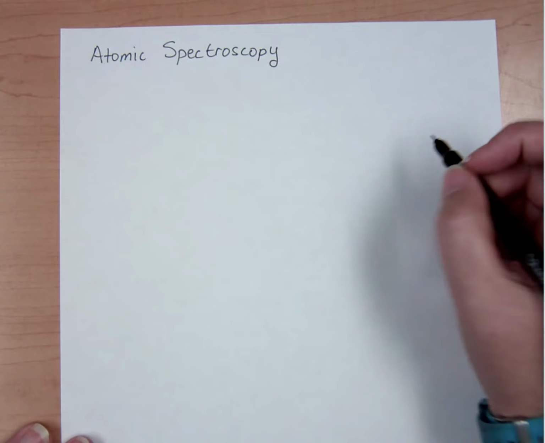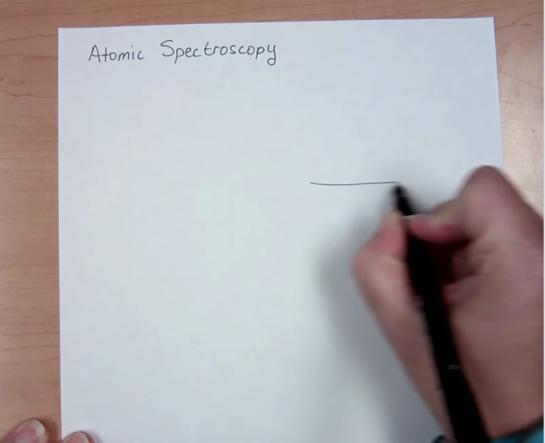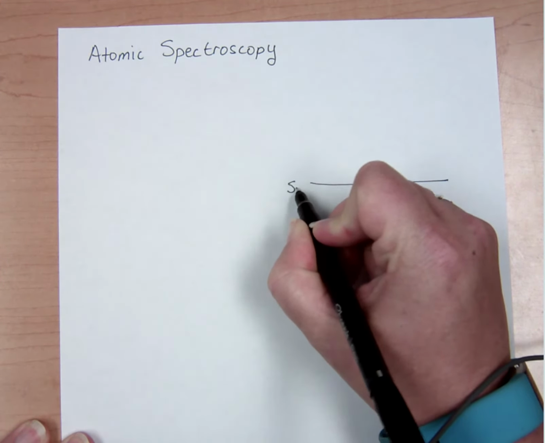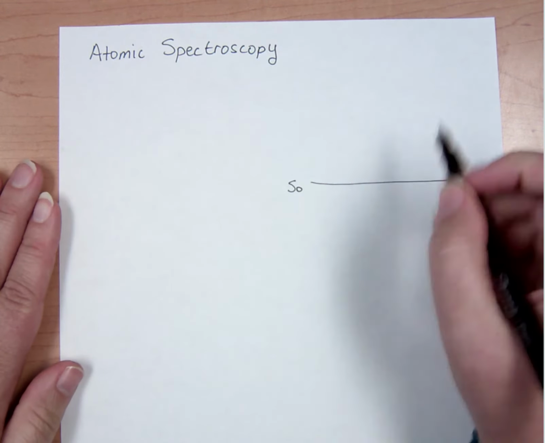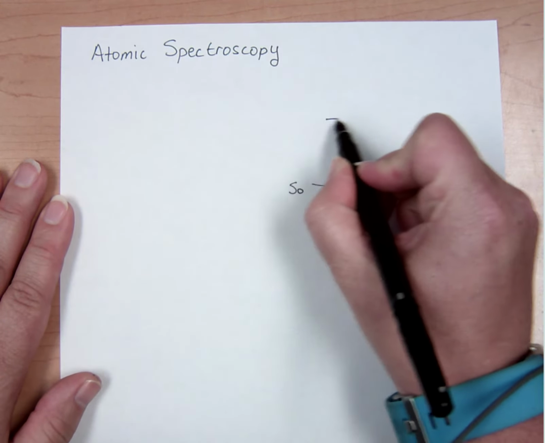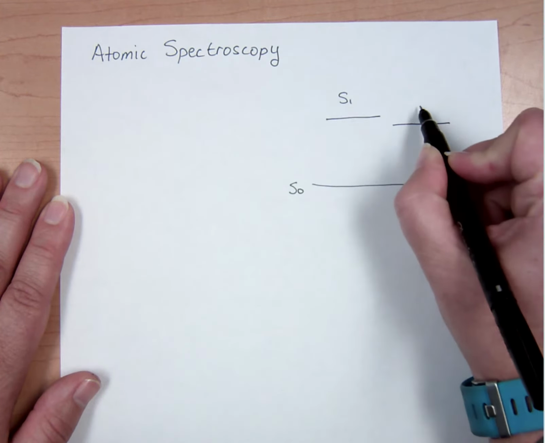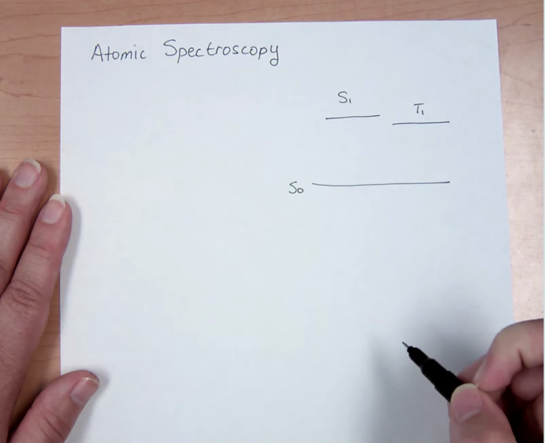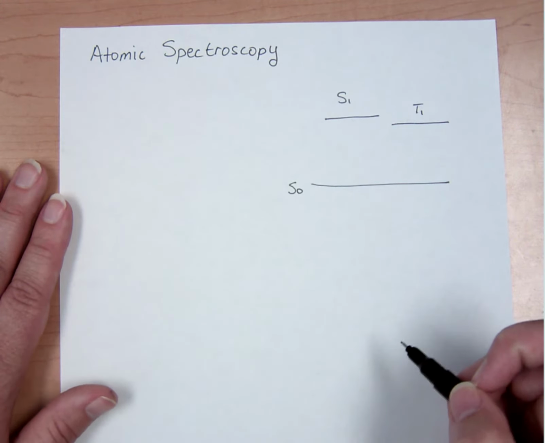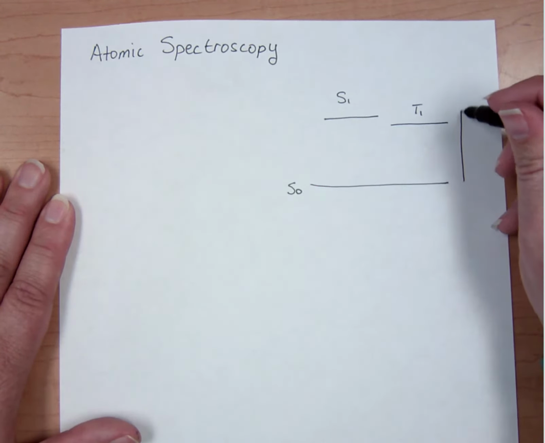And just like we have with molecular spectroscopy, we can still do electronic excitation of individual atoms. Okay, now our Jablonski diagram here is going to look a little bit different. We have our ground state, and then we still have our singlet excited state, and we might have a triplet excited state, right? These are different electronic excitation states. And we increase in energy as we go up